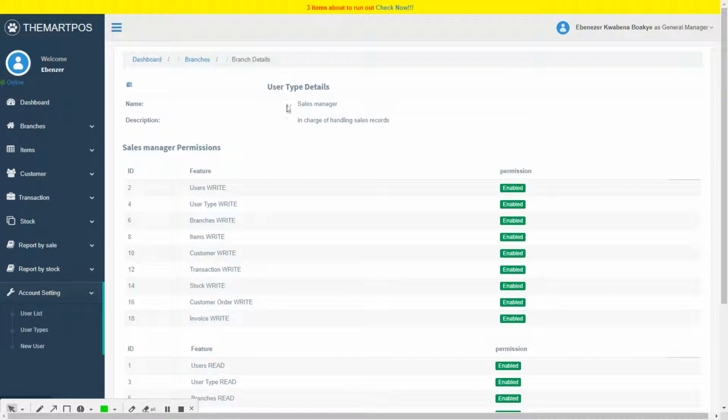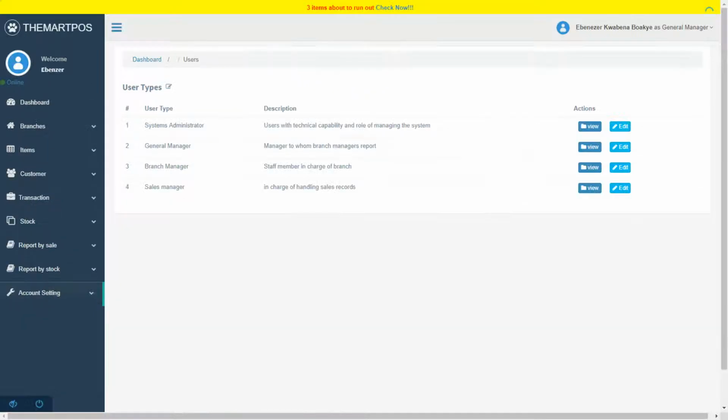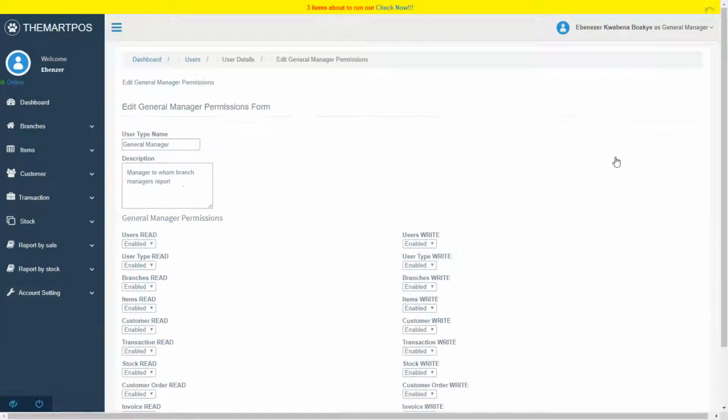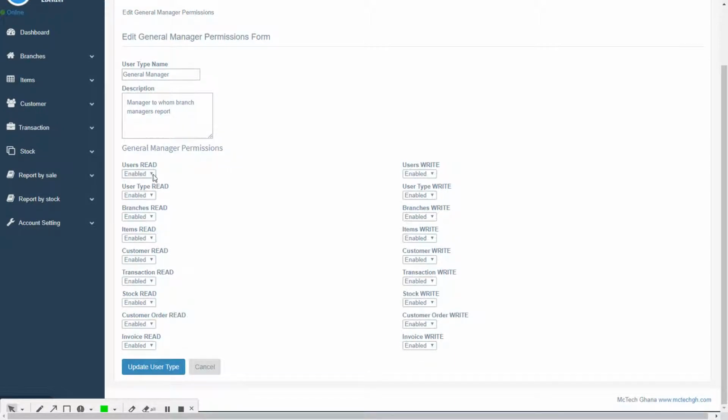So with this, let's go back to the user types and make changes to the general manager. So what I'm going to do is we are going to restrict him from editing items. So we disable that section,